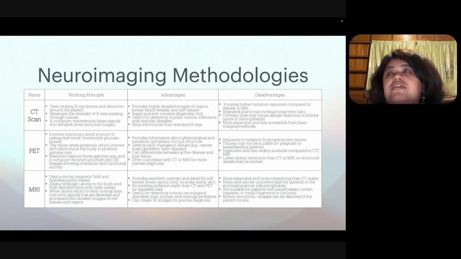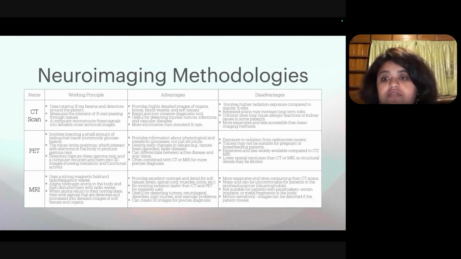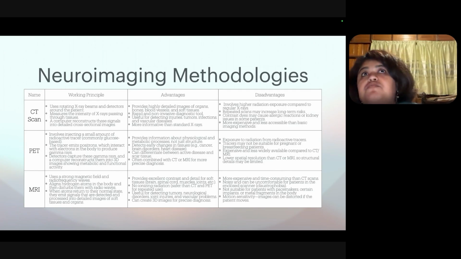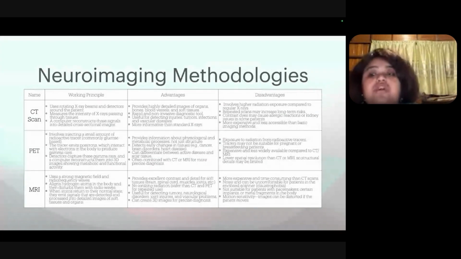But again, PET scan suffers from the same problem. Radioactive tracers are there, so there is radiation involved. The radioactive tracers are also not very suitable for all kinds of patients. For example, people who suffer from chronic kidney diseases or heart diseases may be very sensitive to them. Also pregnant women and breastfeeding patients are very sensitive. So when you compare it to the CT scan, it is very, very helpful, because it can detect changes that CT scan cannot do. But then again, PET scan also has its own disadvantage.